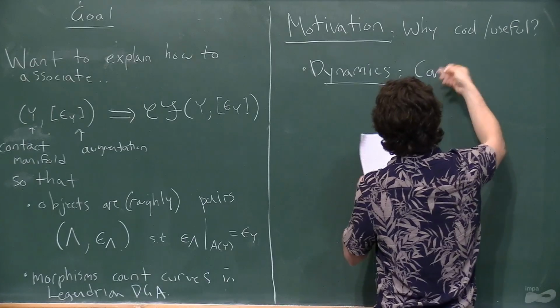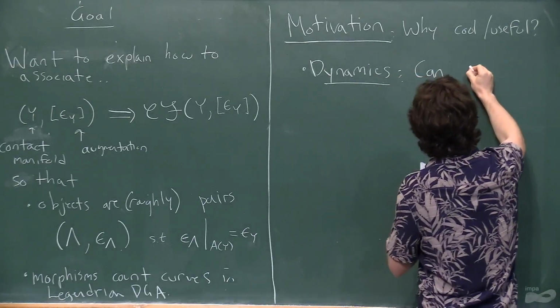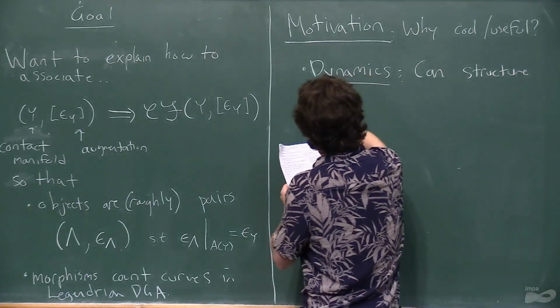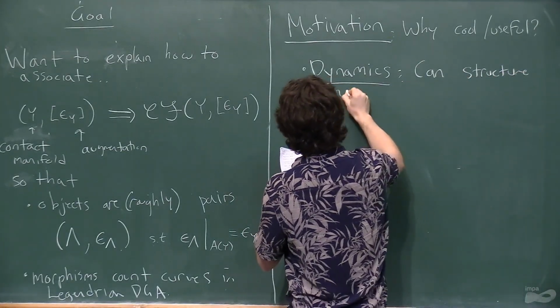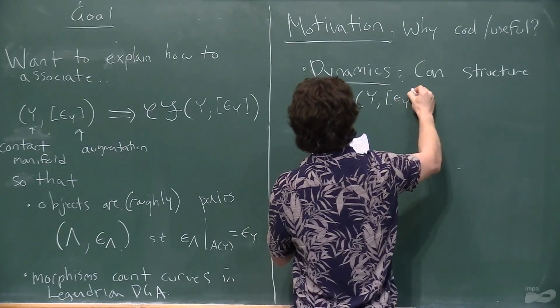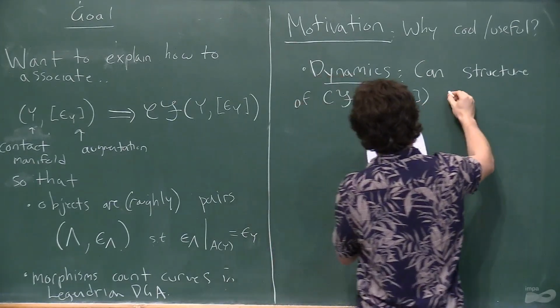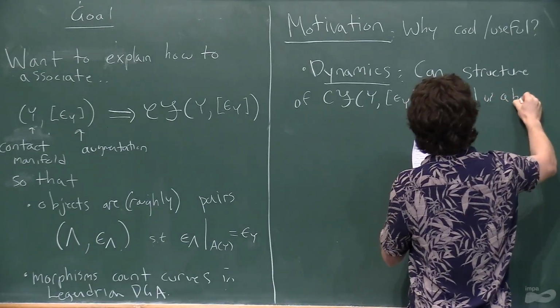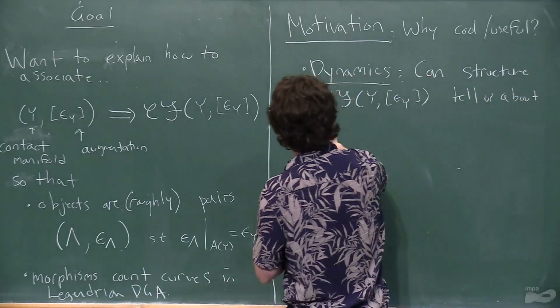So here one guiding question is, can the structure of this object, which is the standard question you would ask about any kind of Floer theory of this setting, tell us about dynamics questions